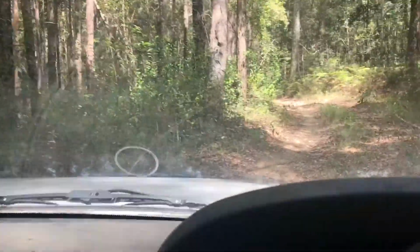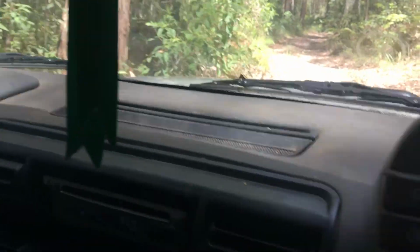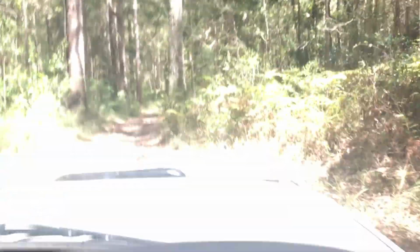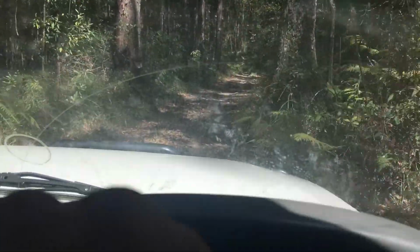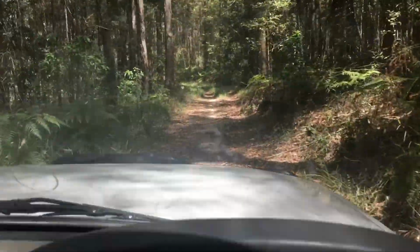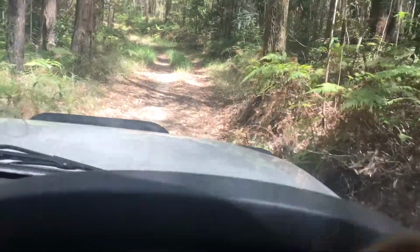Actually, I'll turn this radio off. Hold on. I've just cleaned the whole car up. I'll show you in a sec, but I cleaned the outside of the car. And then I went to the garage, but my car was making a weird rubbing noise, so I thought, oh, it's safer to go driving it again. Because it's...